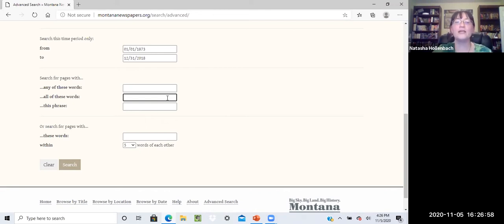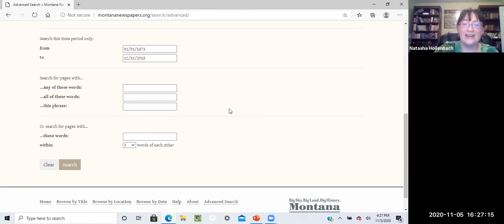So a lot of times if you use this box, you'll have one word down in the far left bottom corner and the other one will be in the middle of the right. And so, yeah, they're on the page, but it doesn't help you because they're not together,